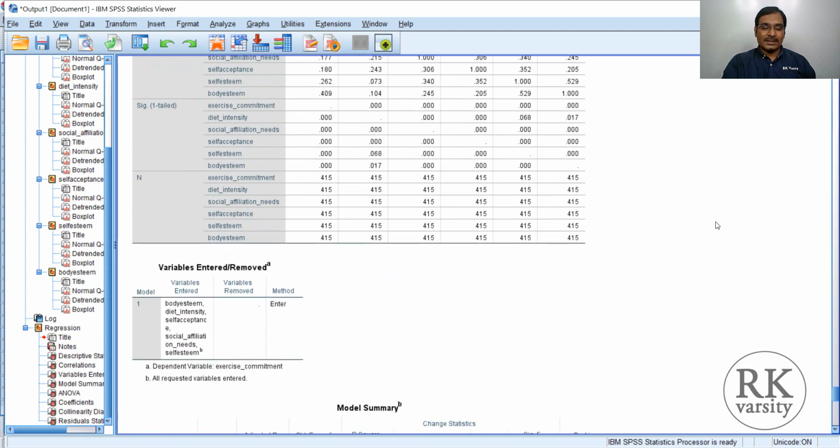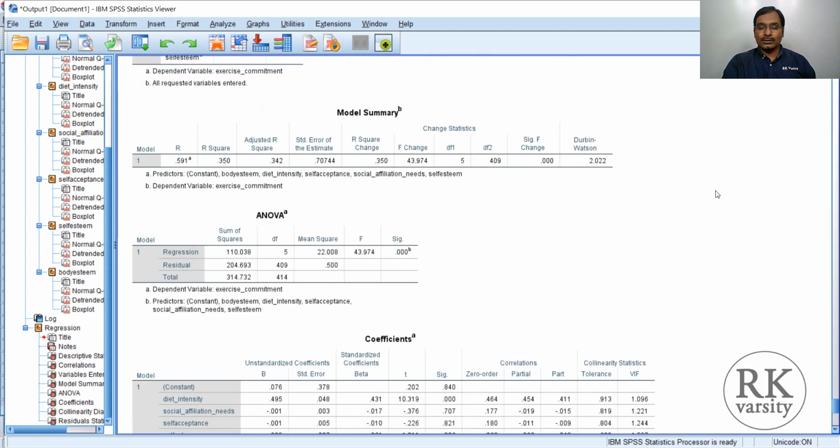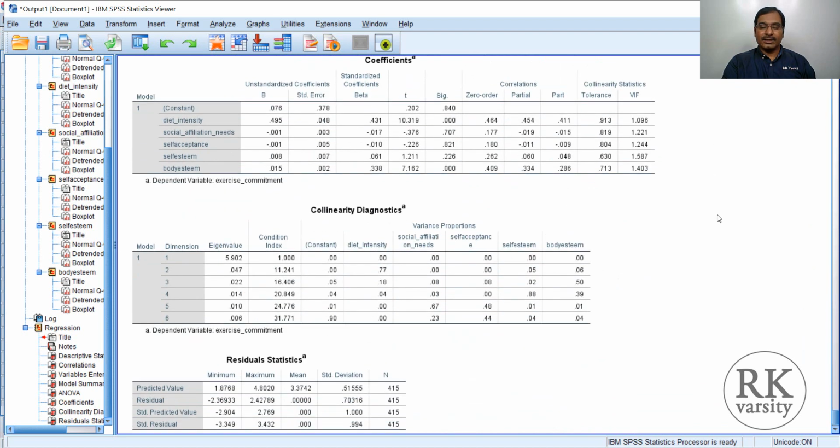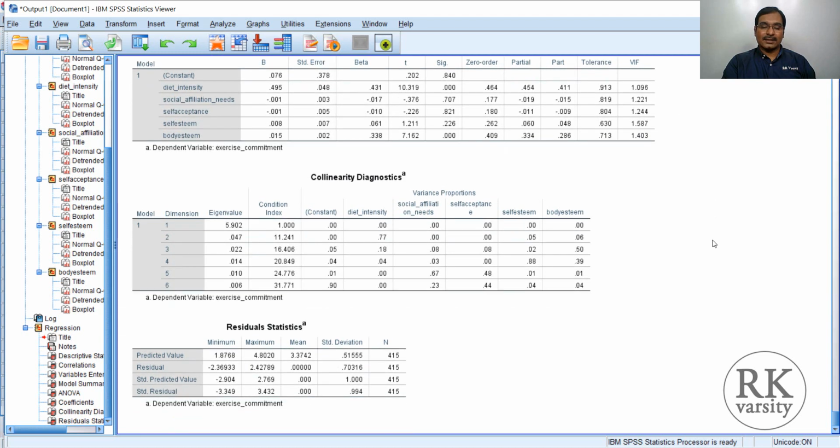So this is how you need to run multiple linear regression in IBM SPSS, test the assumptions as well as interpret the results.